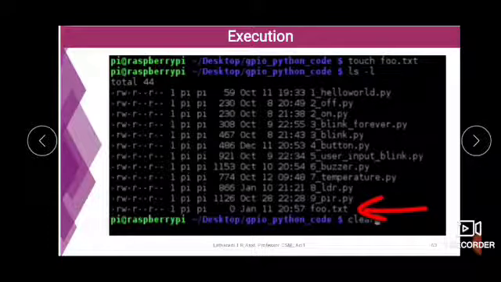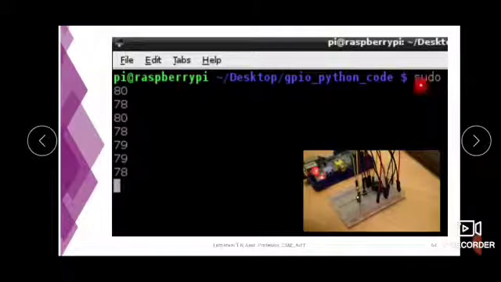So now we will have to execute. For executing, first we create the foo.txt. Here that foo.txt exists. Then we use the sudo python command for execution of the file, sudo python and the name of the file. In the normal light, the values given are 80, 78, 80, 78, because a little variation in the light intensity happens.